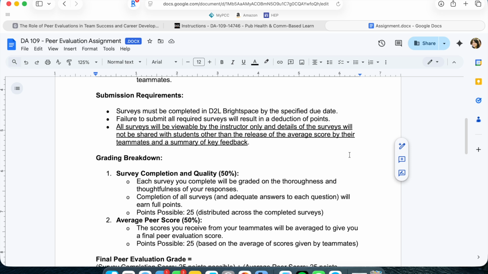So the submission requirements: you're going to complete the surveys on D2L. If you don't do the surveys, then that is obviously a deduction of points because you're graded on actually completing the surveys and how thorough they are. I will be able to view all of the surveys, the details, so who completed the surveys, what points each person gave, and then the comments. You won't be able to see